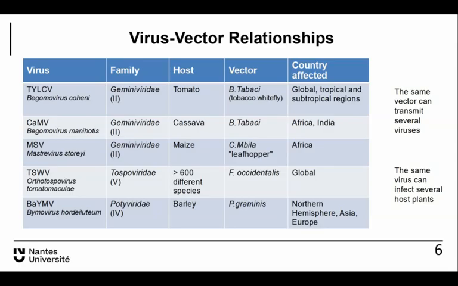So whenever you get a specific infection by one plant virus that will infect a specific host, it will often be restricted also by a specific vector. So for example, these Gemini viruses up here,